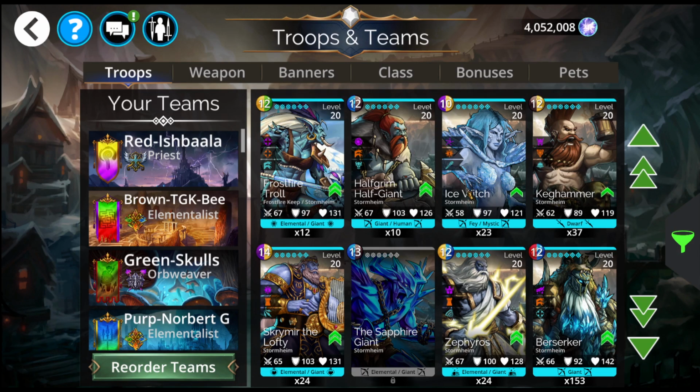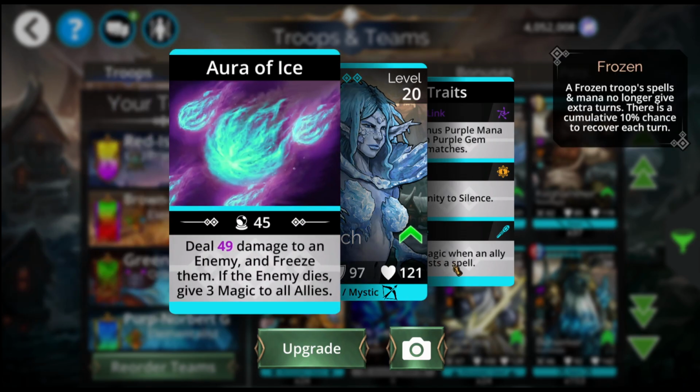And then we have the Ice Switch: damage to an enemy and freeze them. If the enemy dies, it gives 3 magic to all allies. That's always nice. That extra 3 magic can make a big difference. Mostly useful in